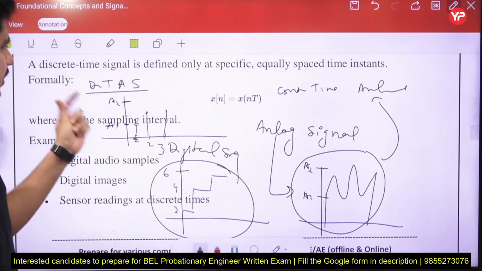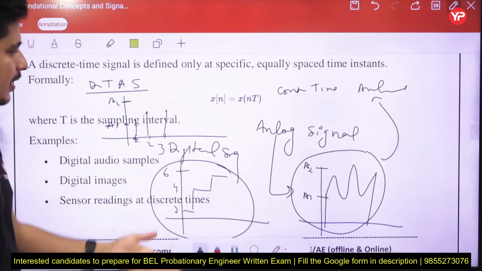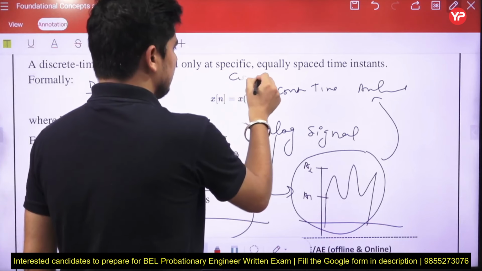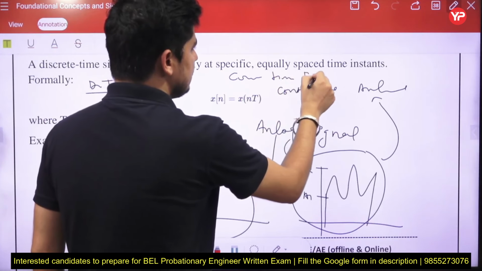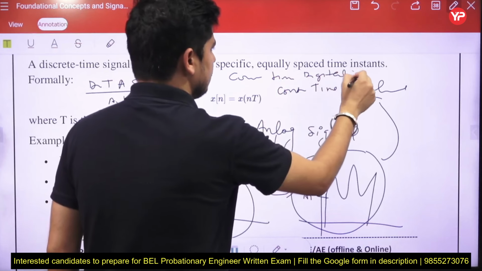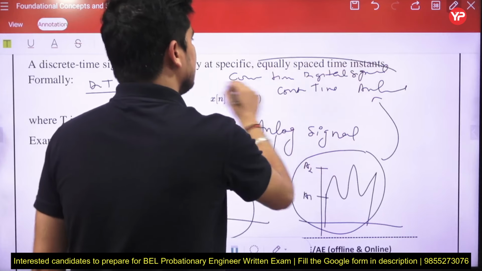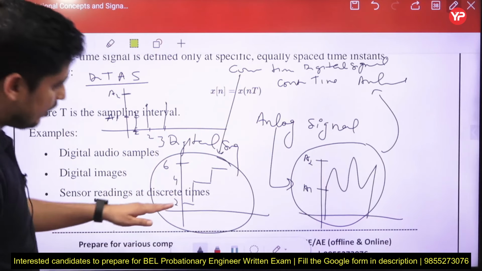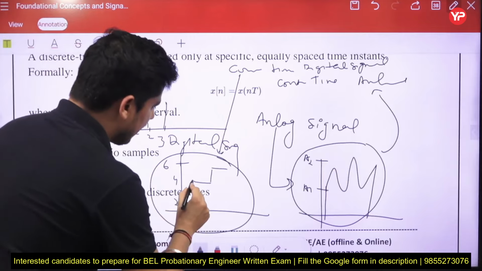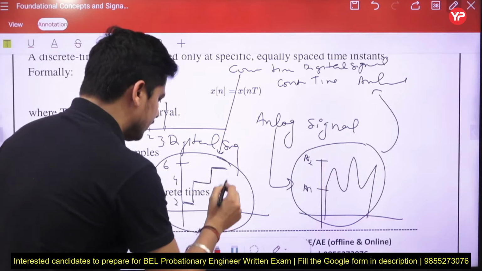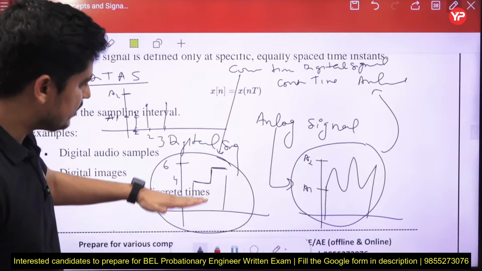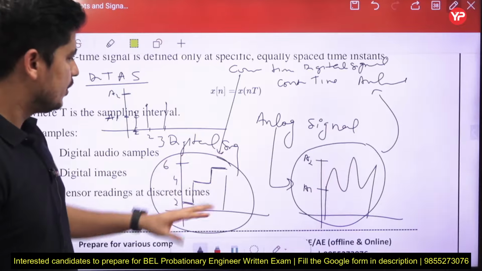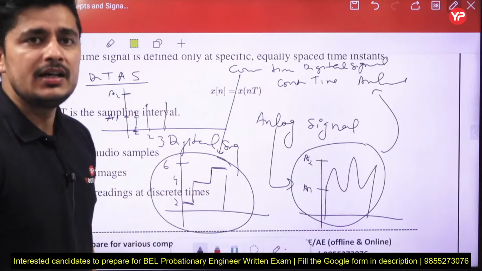Next, let's take the fourth one, continuous time digital signal. Digital means the amplitude is discretized. So continuous time digital signal is what? This example is there. Because in time it is continuous, it will take a value at every instant of time, but in amplitude it is discretized. It will take 2, 4 and 6. So these are the values. So we can say this is a continuous time digital signal.